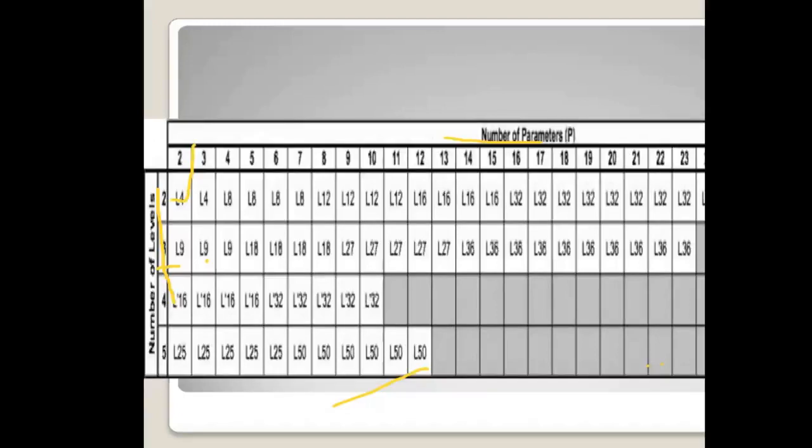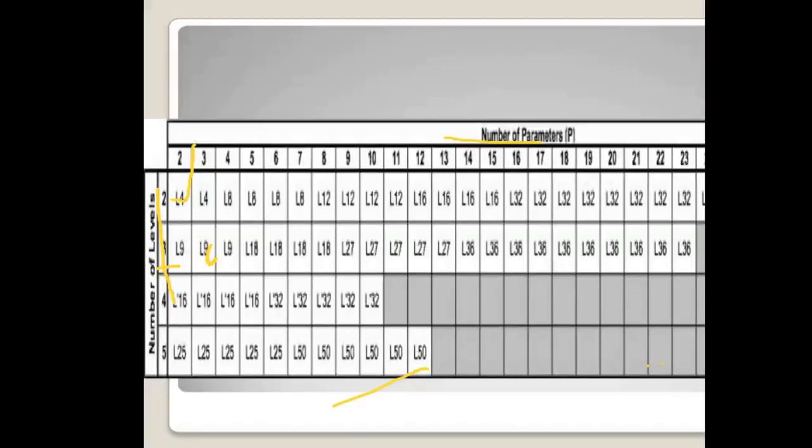3 levels, 3 factors means 3 raised to 3. I have to perform the 27 experiments. Now I cannot perform 27 experiments. So Taguchi has given me the L9 array, this one. Taguchi is saying 9 means 9 are the number of experiments. But which 9 experiments you have to perform? Taguchi has given you a table. So you have to perform only 9 experiments. So your 27 experiments are getting reduced to only 9.